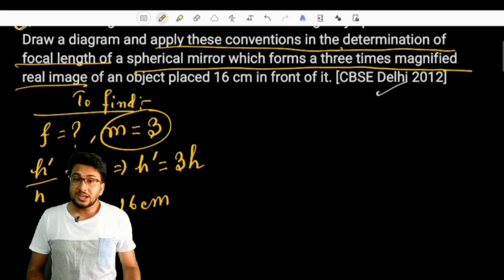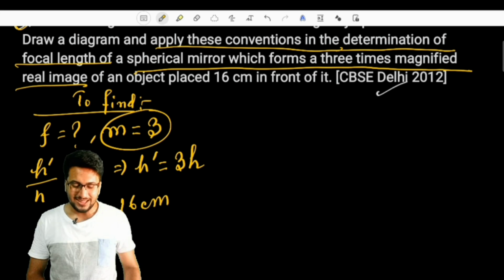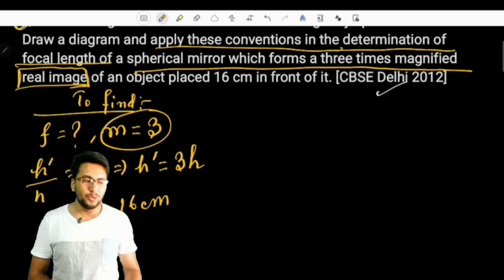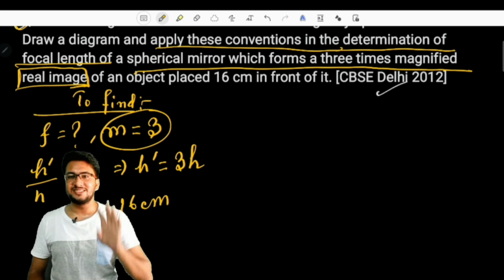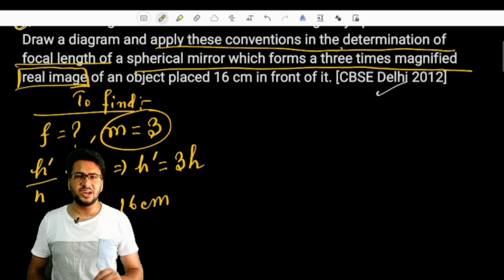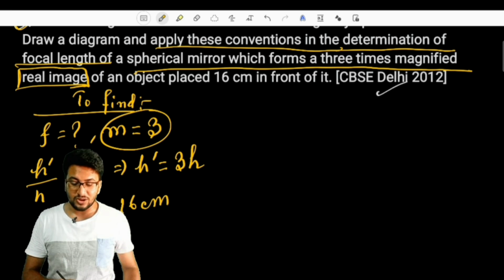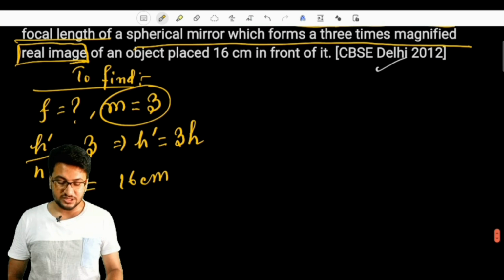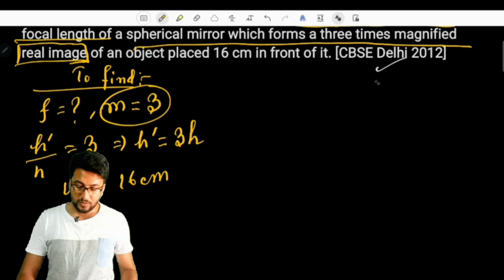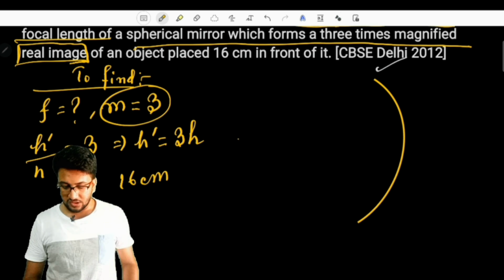But here, what kind of mirror is considered is not mentioned fully, is it? But a clue is given. The clue is real image formation. Out of concave mirror and convex mirror, now you determine all the 6 cases for concave mirror and 2 cases for convex mirror. If you examine, in case of convex mirror, you will never get real images. That will always be virtual, forming at the back of the mirror, as we have seen above. But a real image can be formed by a concave mirror, and we are talking about spherical mirrors. That means we will consider the concave mirror here.